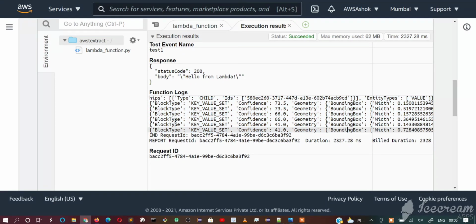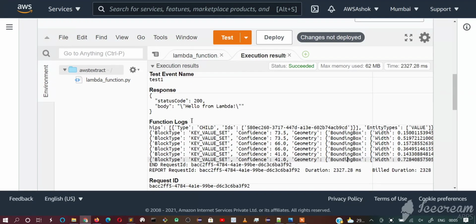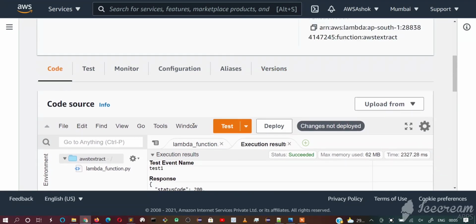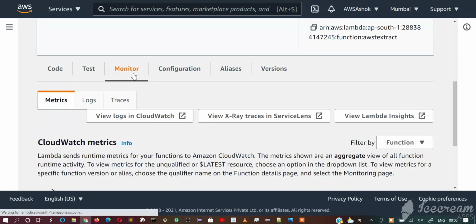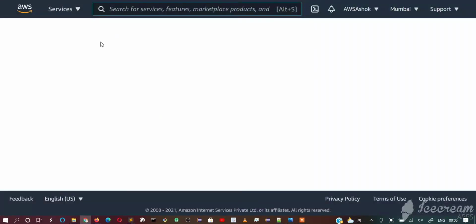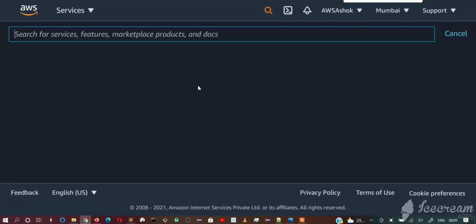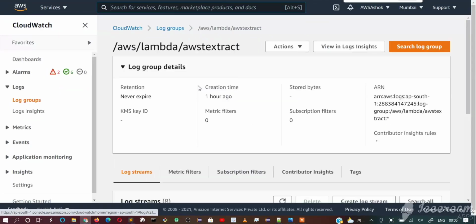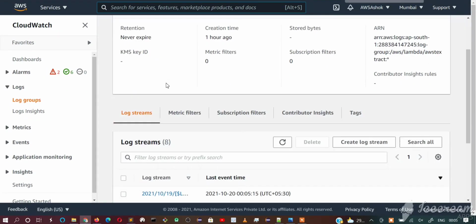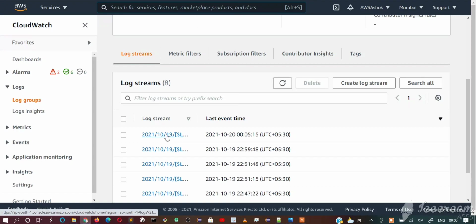In this Lambda log it is not the full logs. If you want to see the full logs, we need to go to the monitor option here and click on view logs in CloudWatch. Here you can see we have the logs.